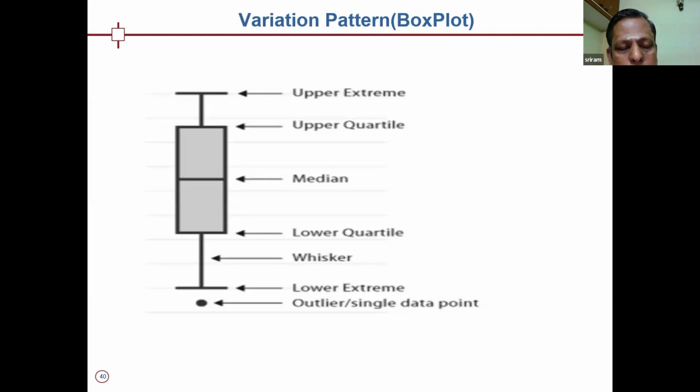And this is quartile 1 or the 25th percentile, meaning that 25% of your sample is below this value and 75% of your sample is above this value. This is called the median. 50% is below, it's more like an average. 50% is below, 50% is above. And this is called the upper quartile, the 75th percentile or quartile 3, where 75% are below this value and 25% are above, and this is called the maximum value. So this will give you a clear picture of your data, the variation in your data.